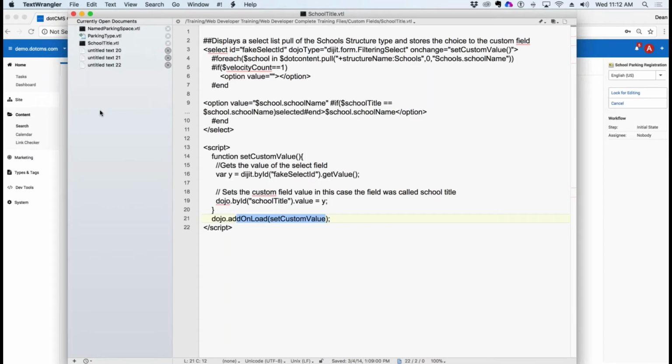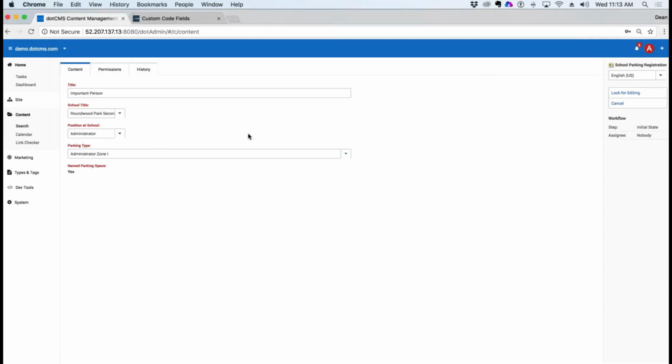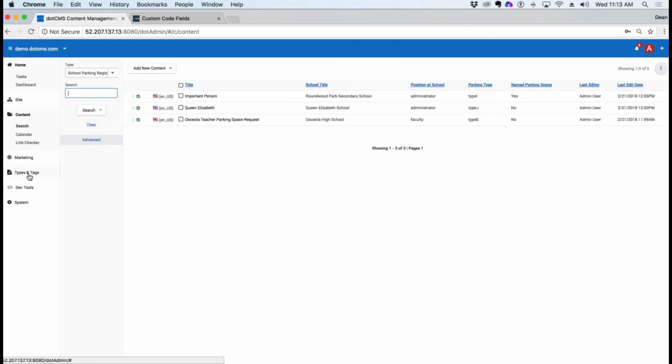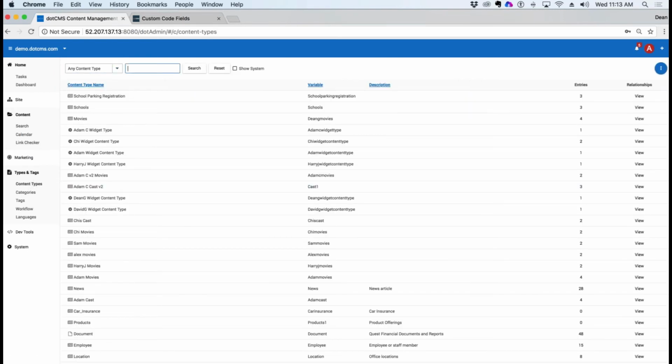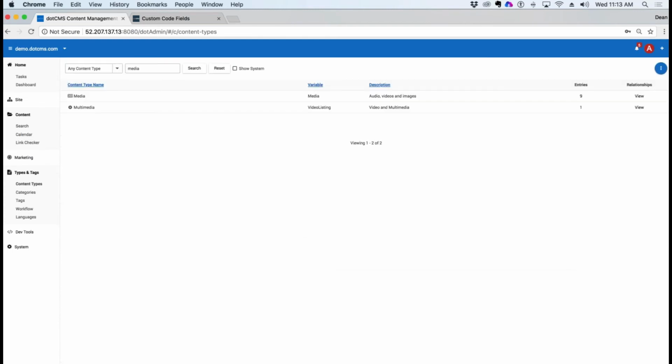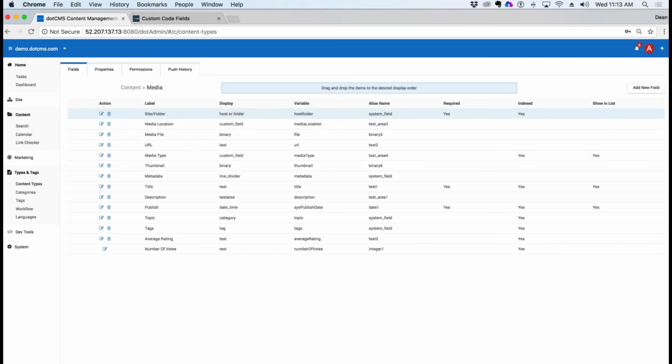Okay, and we've already seen one other custom field, which was the URL title, right? That one is grabbing whatever you said in the title of our movie, and it's stripping out the spaces and the special characters and all that good stuff. And it is making the URL map pattern unique. Okay, there is one other custom field here on a content type called media that does a show and hide. So if you want to take a look at that one, there's two different custom fields. If you ever want to do a show and hide, there's media location and media type. And between these two, what it's doing is